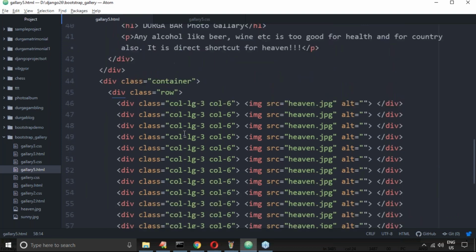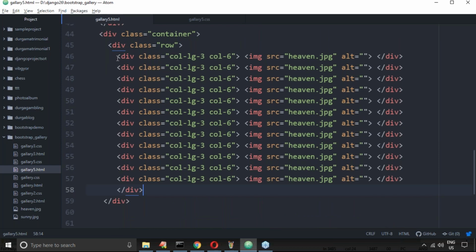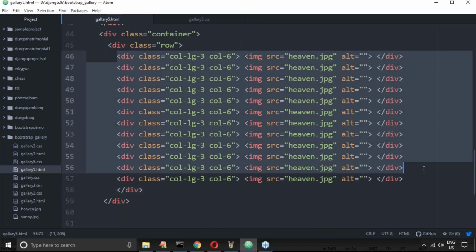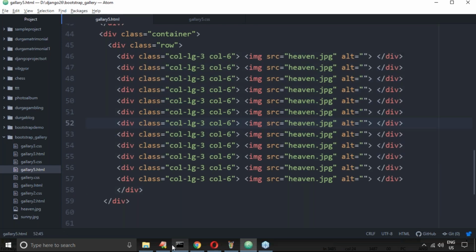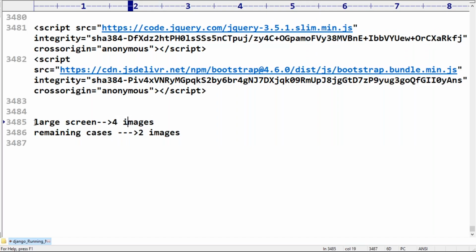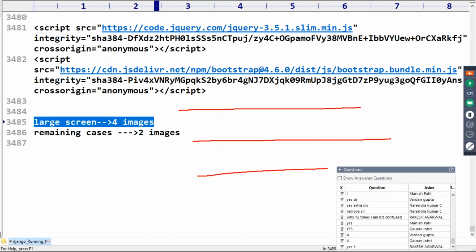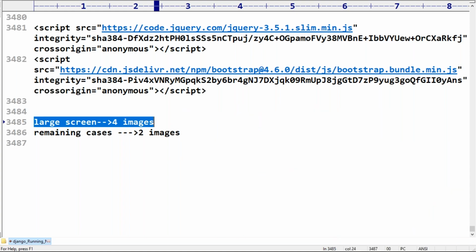Can you please confirm? Okay, why you are taking 12 times is okay. Rakesh is asking, sir, on the large screen, how many images per row do you require? 4 images, then I want 3 rows. Then automatically, for every row 4 images, so how many images? 12.